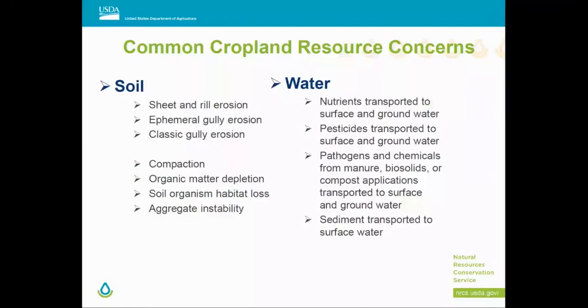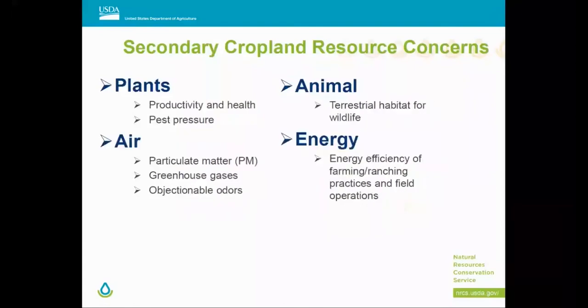In addition, especially coming from Ohio and really all over the Northeast with Chesapeake Bay, water quality on cropland is a huge concern, whether that's nutrients transported to surface and groundwater, pesticides transported to surface and groundwater, pathogens associated with manure application, and of course sediment transport to surface water. In addition to those primary resource concerns that we'll probably almost always see and want to make sure we're addressing,